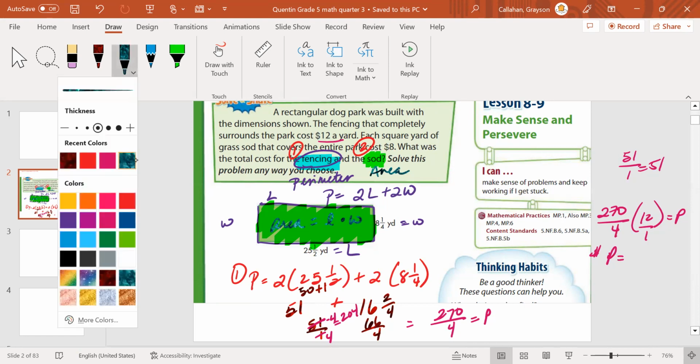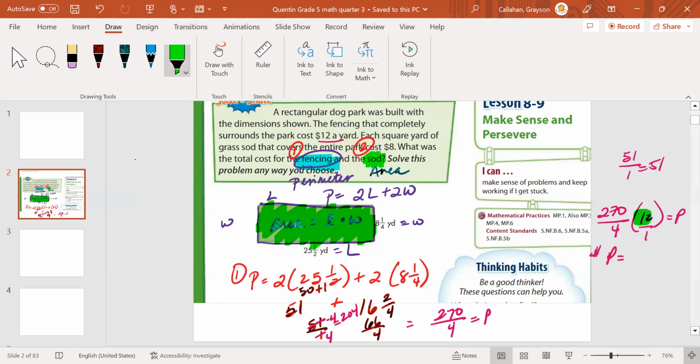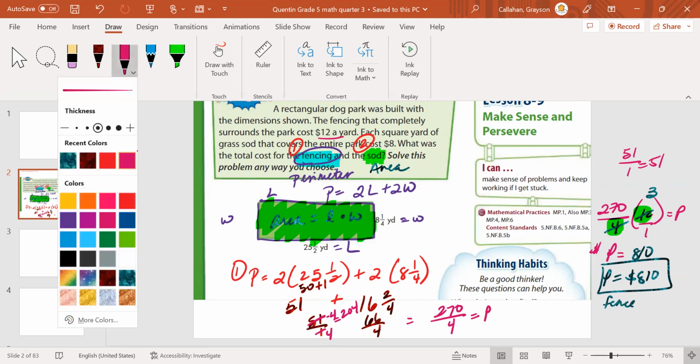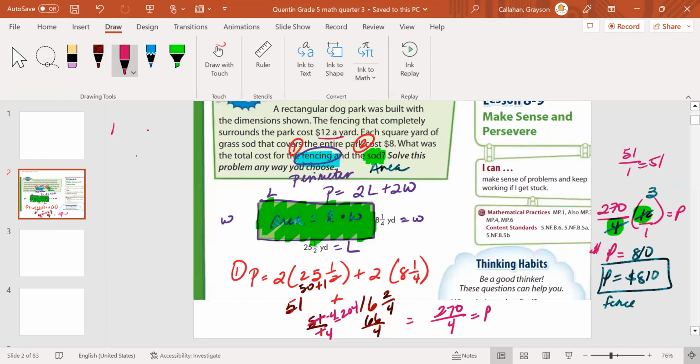Do you see how with this 12 and the 4 right here, you can actually cancel it out? So that becomes a 3. So 270 times 3 is 810. So the perimeter is going to cost you $810, okay? That's only one part of this. The other part is you need to find the area because we need to cover that area with grass. So the fencing is going to cost $810. Now, the area, which is going to give you the sod, which is the grass,